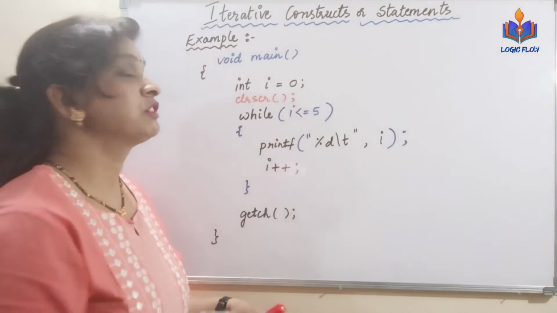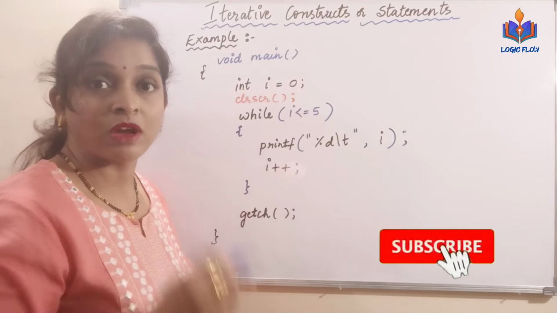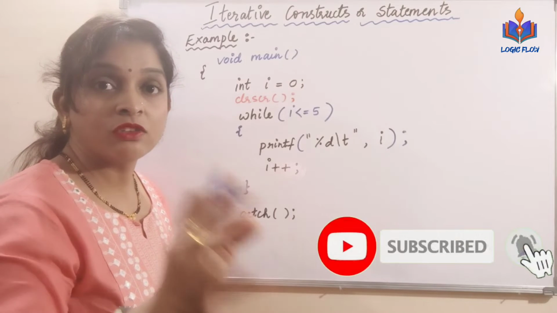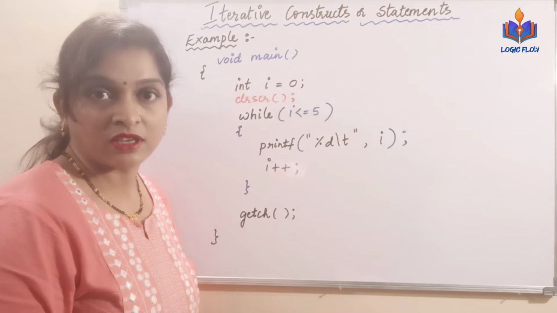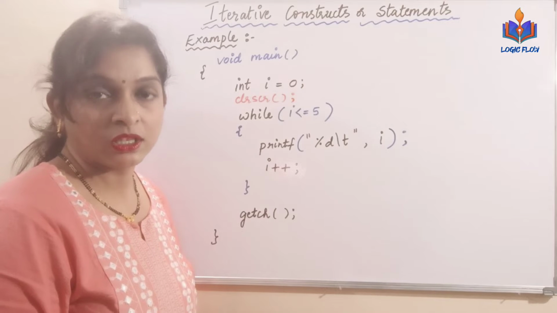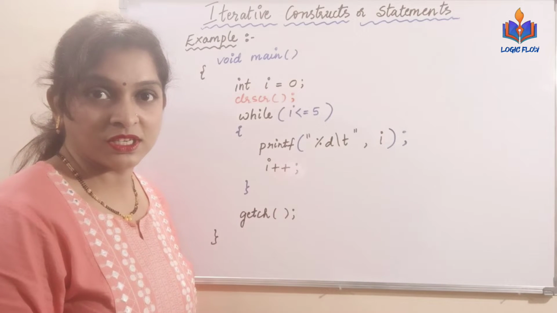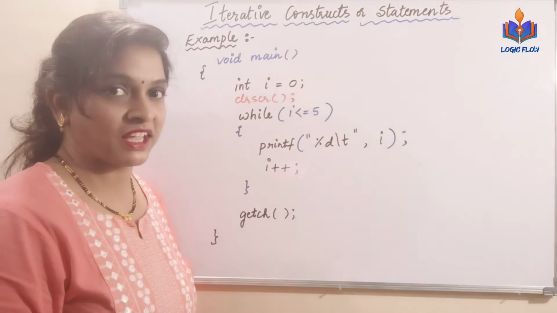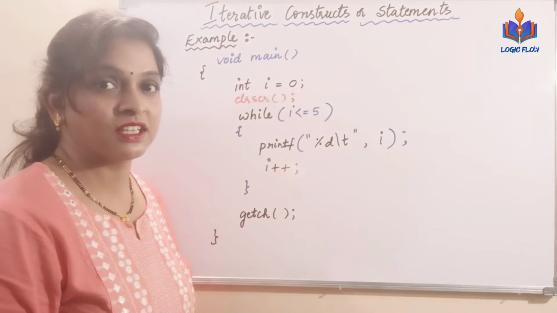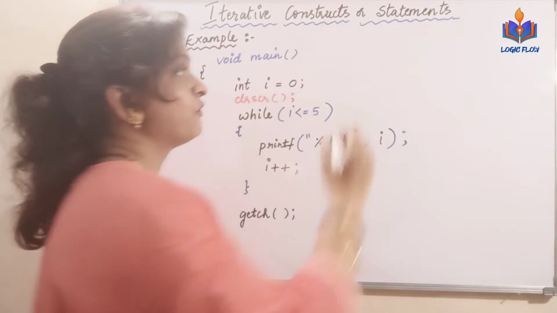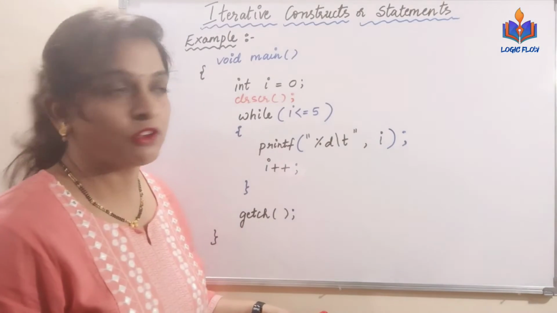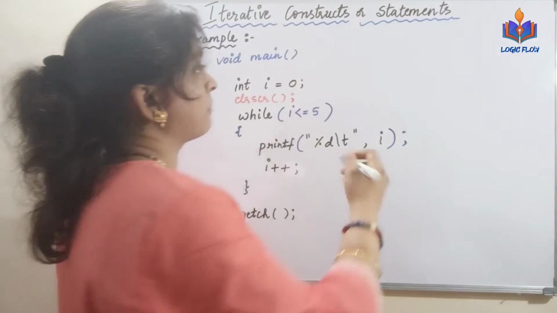I have started with void main. In fact, let me tell one more thing here. You need not include any stdio.h and conio.h. The only thing I can give as a very simple tip for today's video is, you save your file with .c extension. Say for example, let me save this program with